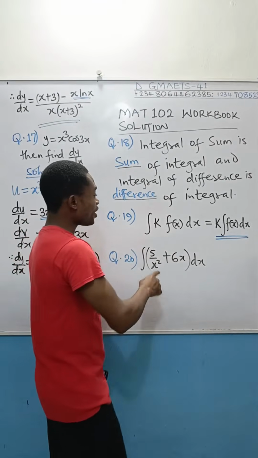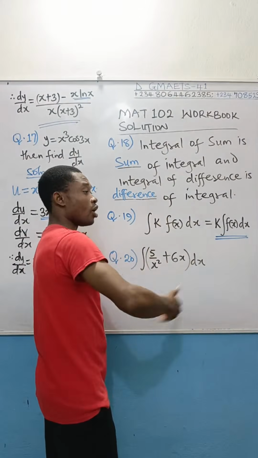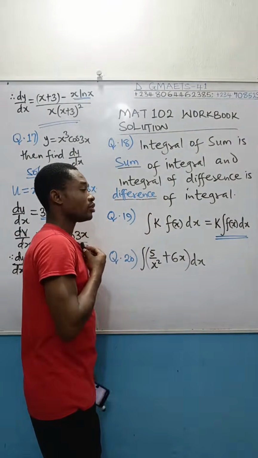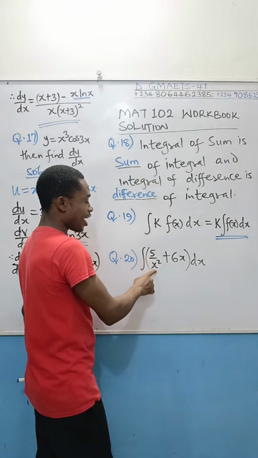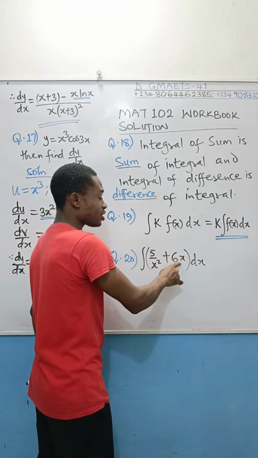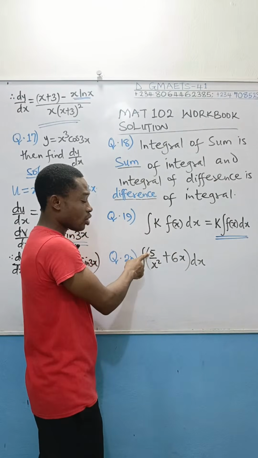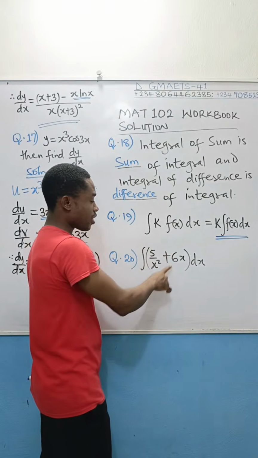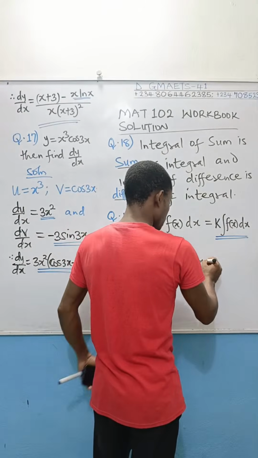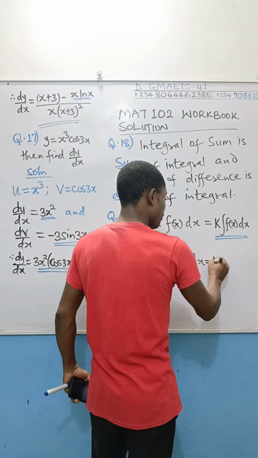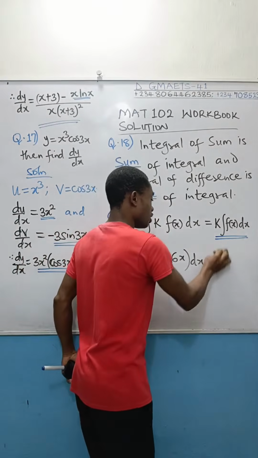They want you to apply the fact that the integral of a sum is equal to the sum of the integrals. So for this, it's going to be the integral of 5 over the square root of x plus the integral of 6x. However, you know that 5 is a constant multiplier here, so it's going to come out of the integral. 6 is a constant multiplier, it's going to come out of the integral. So this is equal to 5 times the integral of,